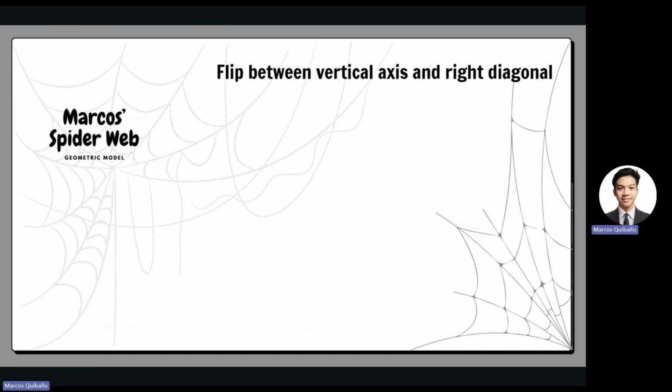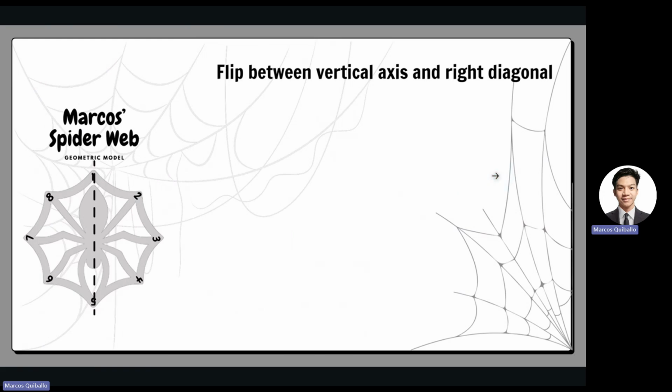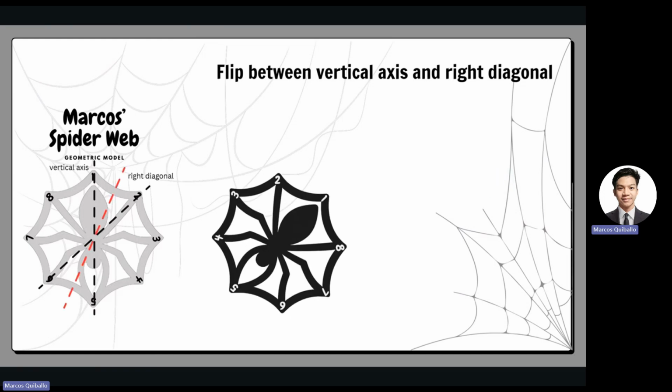And lastly, flipping between vertical axis and right diagonal, we will have a vertical axis again, and it is between the vertical axis and right diagonal. So we have here the red broken line. So after we flip between vertical axis and right diagonal, we have here the illustration. And again, this is our original and this is our new.